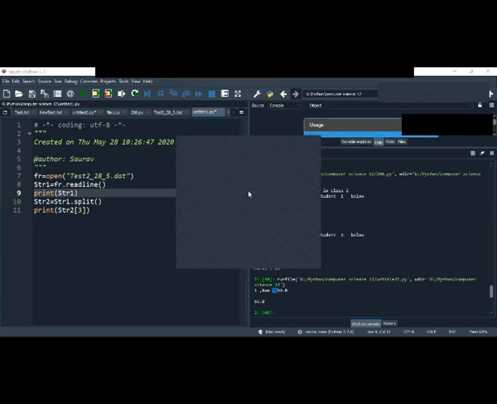Yes, Om. Where is Om? Just now Om raised their hand and again went away. I'm unmuting everyone. If anyone has a query, ask me. So this comma once again.